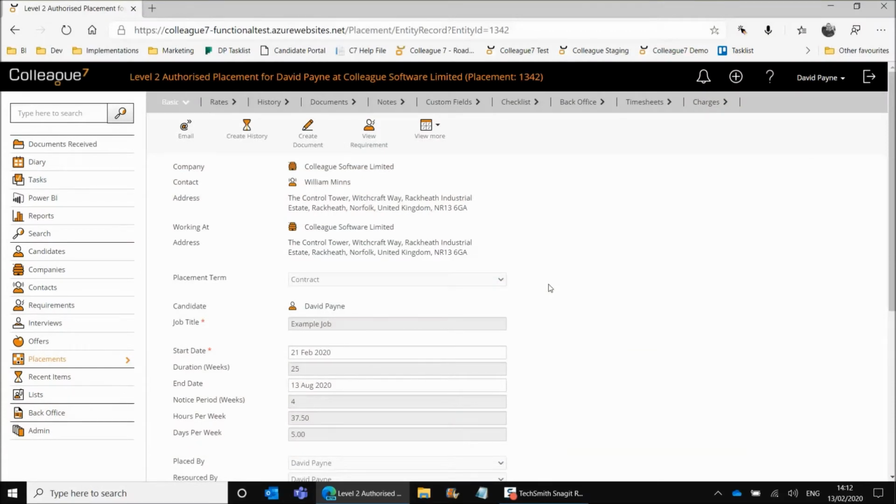So in this video, we're going to go through the process of creating a timesheet against a second level authorized placement. Now, in terms of the placement, this is only for contract placements or rolling contract placements. And in terms of the timesheets tab and charges tab as well, they're both made available on the basis of,